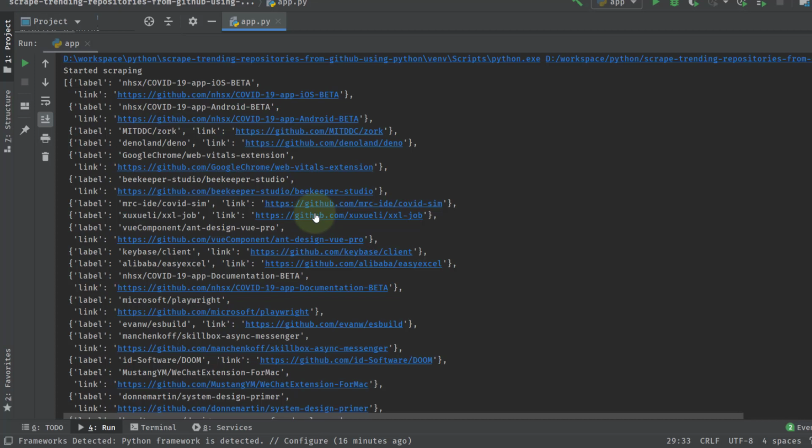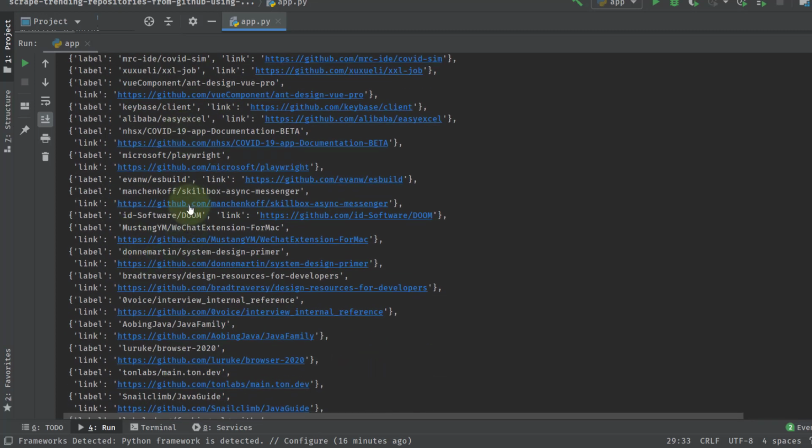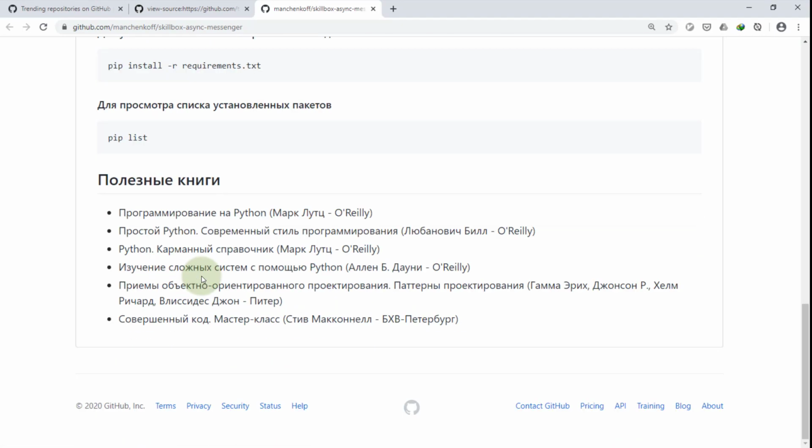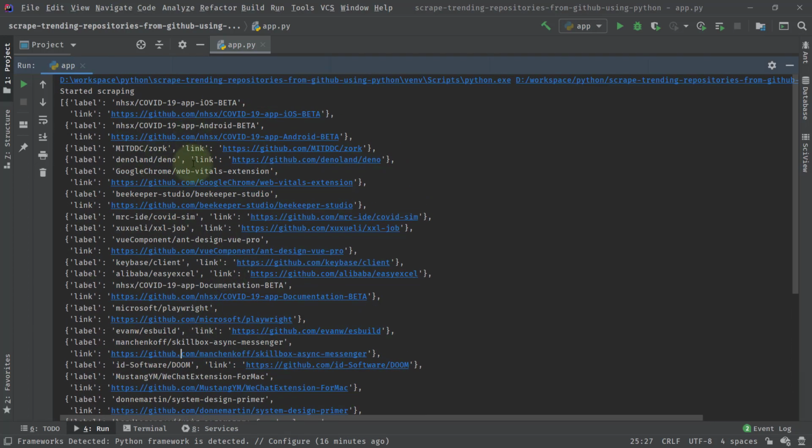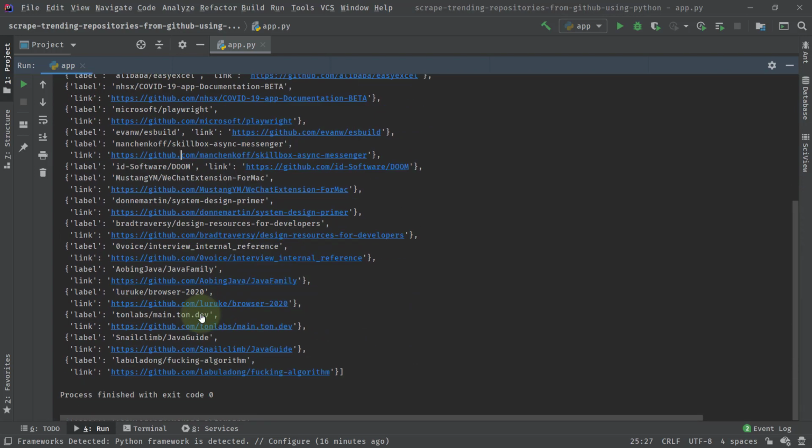So you can put in a cron job or some trigger through which this particular script can run after every 10 minutes or every 1 hour, and then you can take this data, put it inside a database, and create your own beautiful website where you can get your trending repositories. So if I click on this link, I can go to that particular trending repository. If after every 1 hour I run this script, the data will change based on the trending repositories currently available on GitHub.